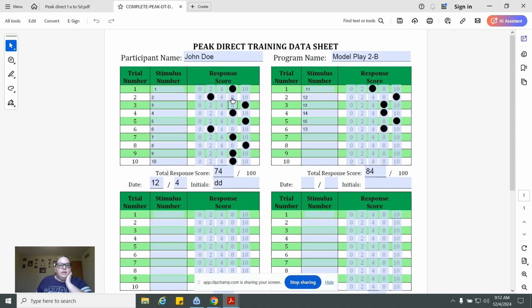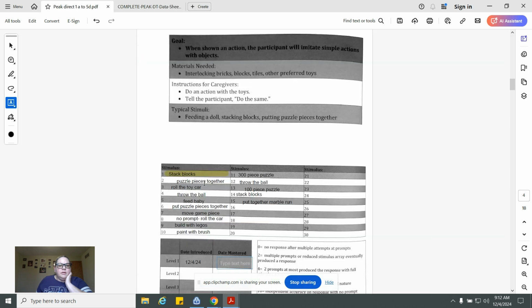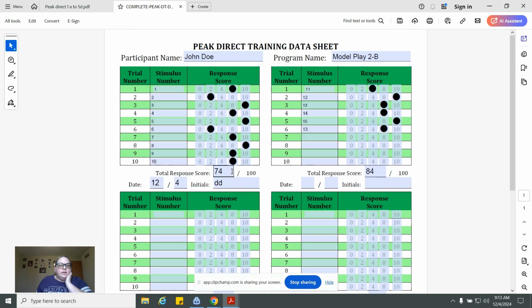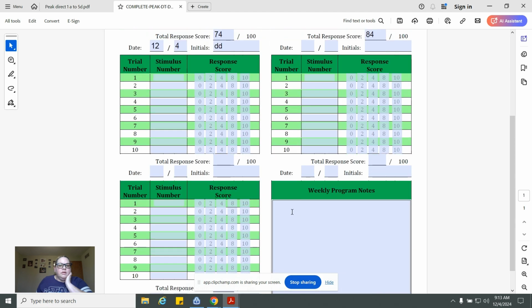I want to point out here, it's important to know what stimulus is with the score. Because as you can see here, 2 and 6, those are when the puzzle pieces were put together. Unfortunately, we didn't know how many puzzle pieces those puzzles were. So that was actually relevant to know that. So then we can go back and look at and write in our weekly notes puzzle pieces, and then we